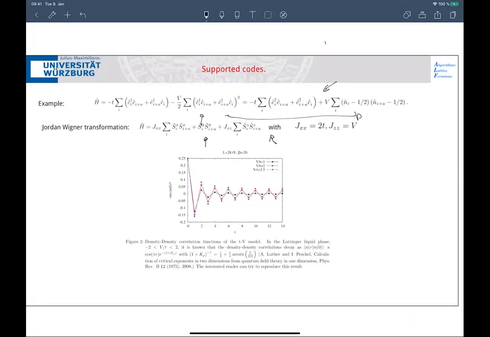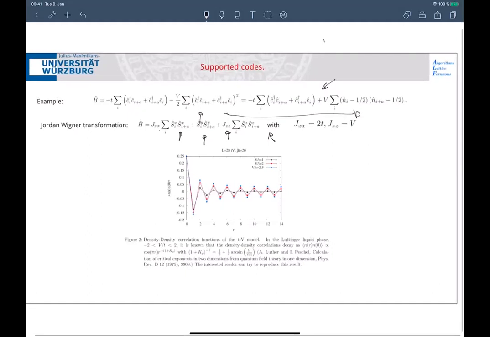There is the SU2 symmetric point where you have 1 over R decay of the spin-spin correlations or the density-density correlations. If you go to the Ising phase where this is bigger, then it becomes long-range ordered. It's an Ising long-range order, and if you take this smaller than this, then you have a Luttinger liquid phase. And if you take this, -2 of this, then you have phase separation. So this is a very well-known model, which you can benchmark your ALF with this as much as you want. Questions?